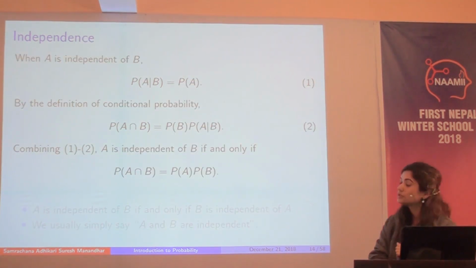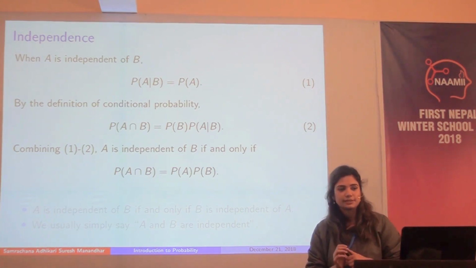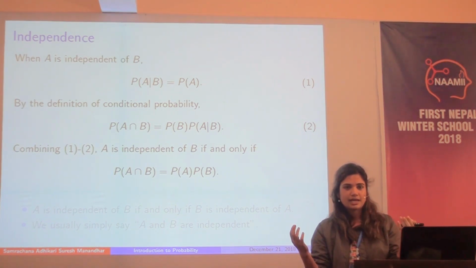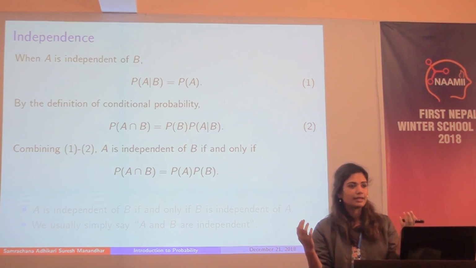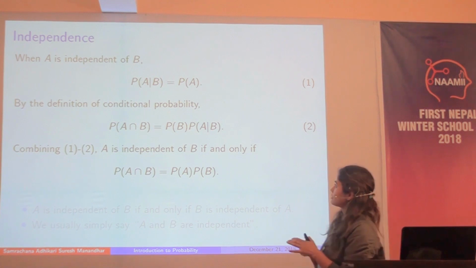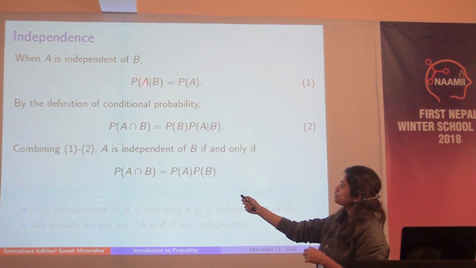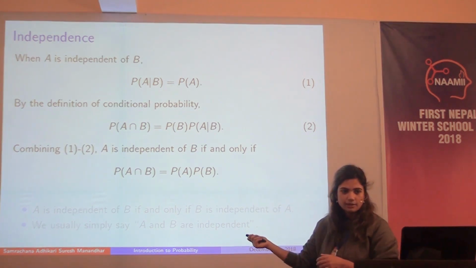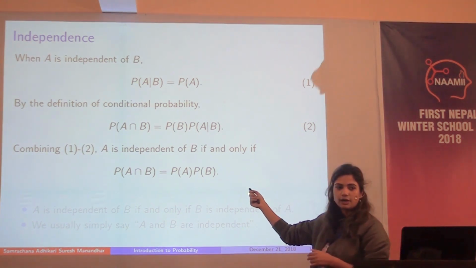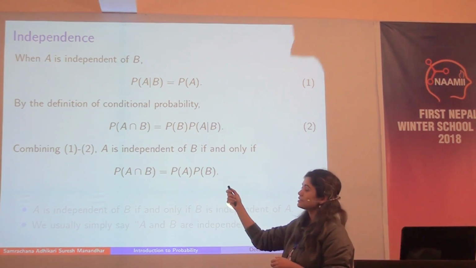So from conditional probability, we can also start talking about independence. If there are two events, A and B, and knowing B is not adding any information to knowing the probability of A, then we can say that A is independent of B, which means A conditional on B is just P of A. So the knowledge of B is not adding anything to our knowledge of A in this example here. And then we can say A is independent of B.